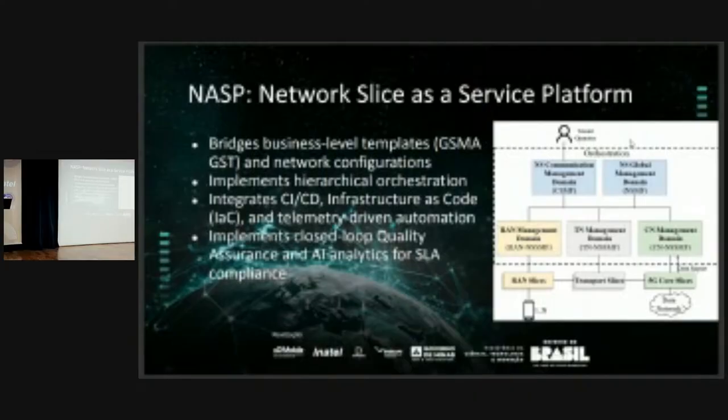In this part, we need to implement one hierarchical orchestration, the top level and the bottom level. And in this architecture, we need to integrate CD, infrastructure as code. It's the same story for the softwarization part, because it's faster.